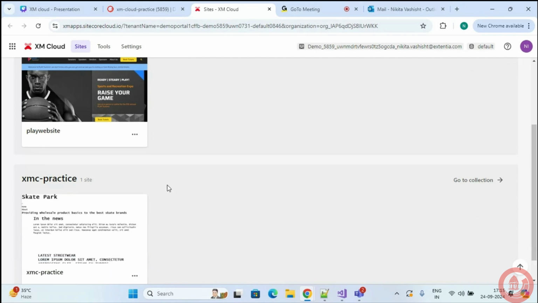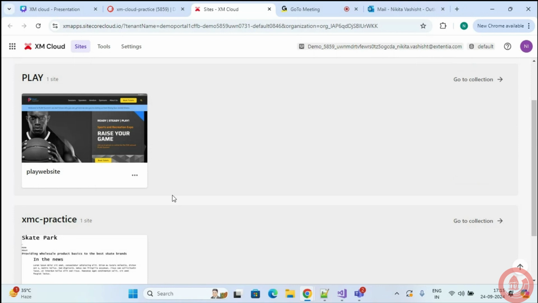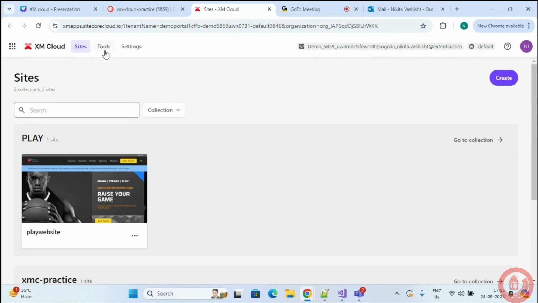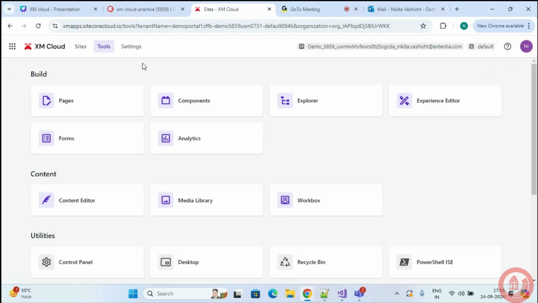Then in settings, we have the language option, whatever languages we are having to create our website. Then in analytics identifier, we can create our identifier that will typically help us for analyzing our page or site insights.